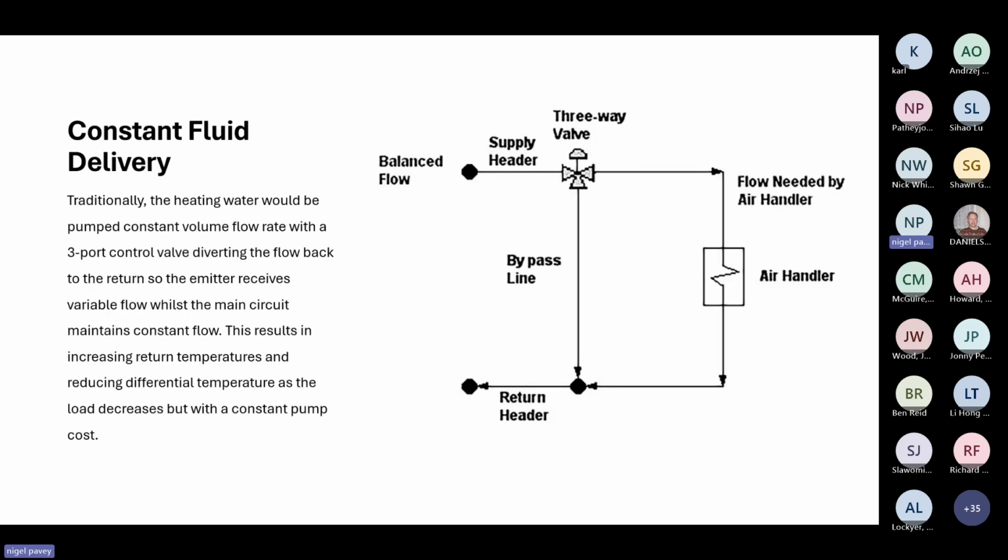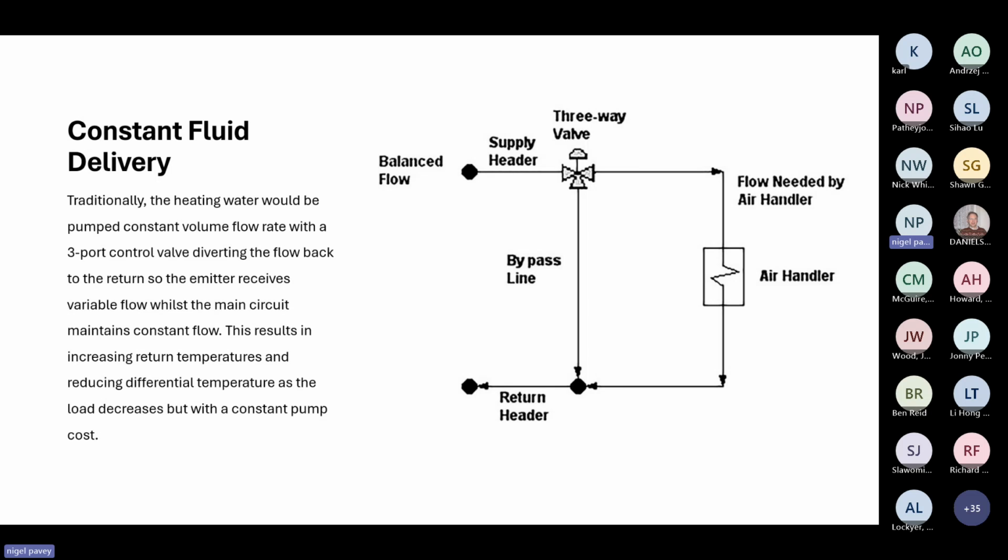So we move on to flow of fluids, which is quite an important aspect when we're considering low carbon designs. This particular slide is showing you what has been traditionally used in industry, where we use a constant pump that provides a constant flow of water. And the diagram on the right shows you a typical commercial application where you use a 3-port